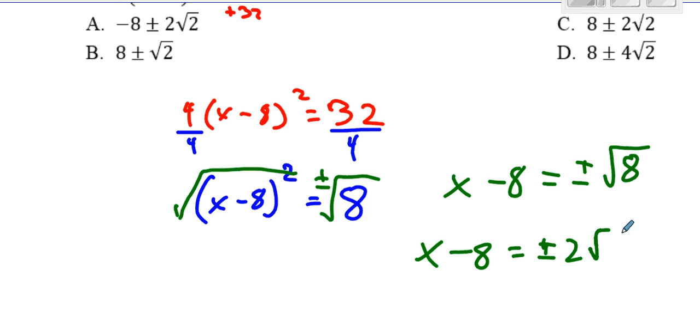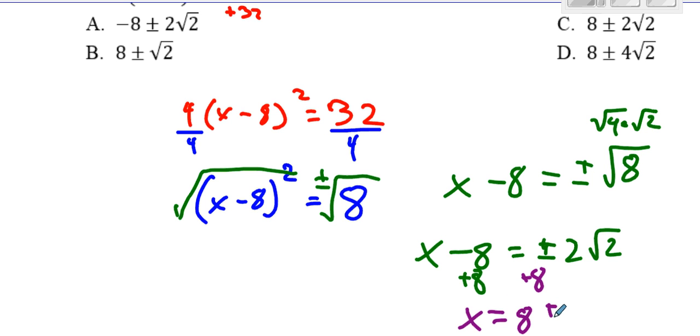Square root of 4 is 2. Leftover 2 goes back in. And then we got to get x by itself, so we're going to add the 8 over. So x is by itself. You've got an 8 and then plus or minus 2 square root 2,